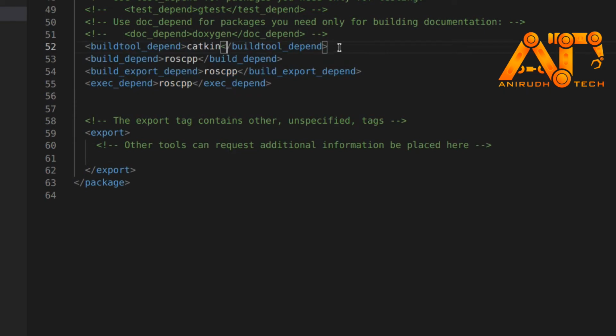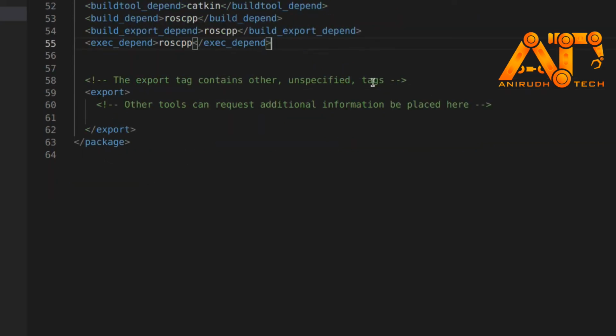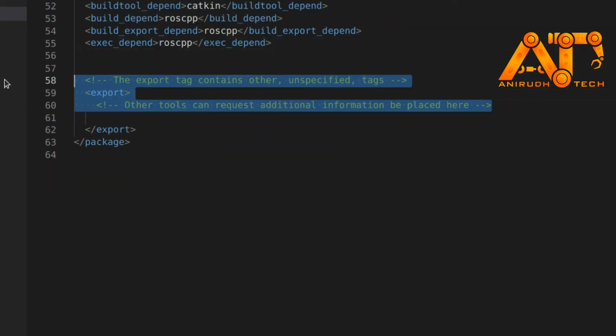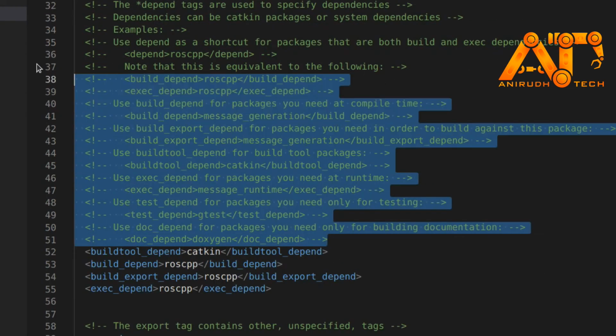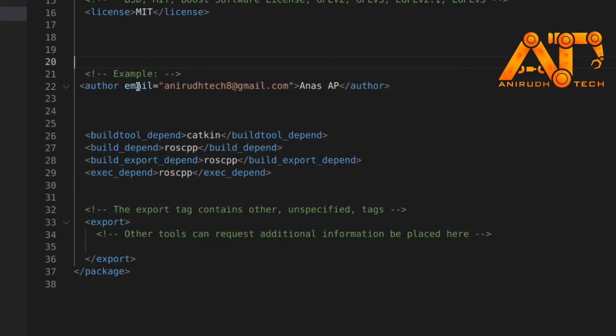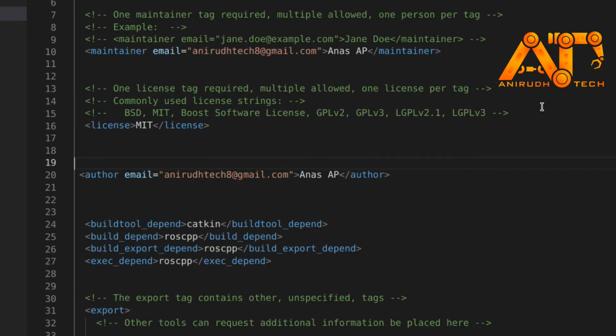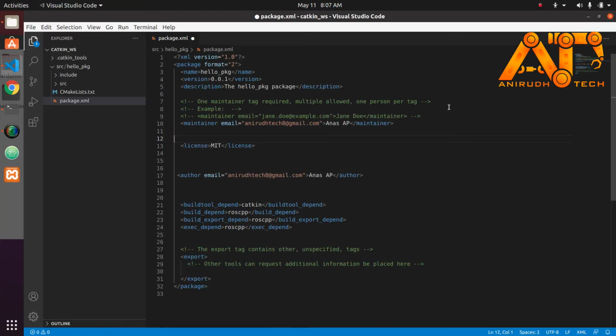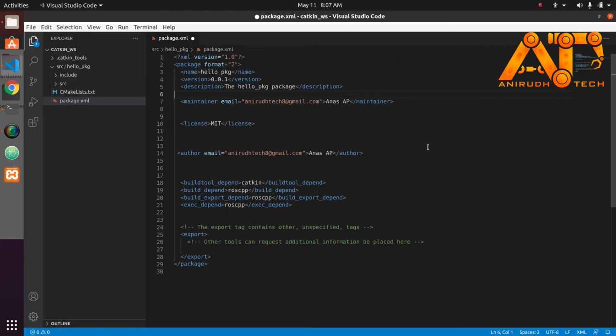Coming down you can see these are the packages we included. Catkin build, you can see build dependency Catkin, and also ROS CPP. We imported them in the ROS terminal, and if you missed some packages while making it on the terminal, you can add it here, like Python dependency and all, no issues. If you have no exporting etc., you can just delete it. And you can also remove the comments here and make it more handy for you. Yeah, you can just remove unwanted things from here. Okay, and you can just save it.